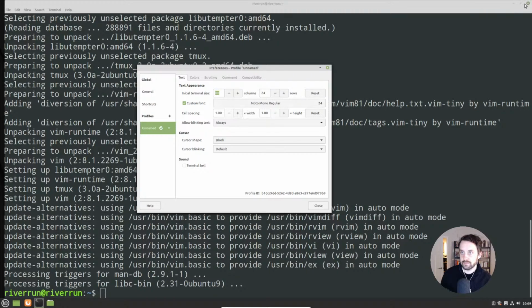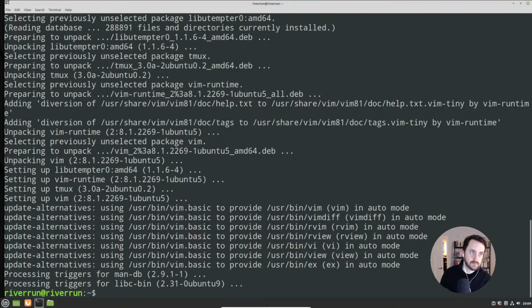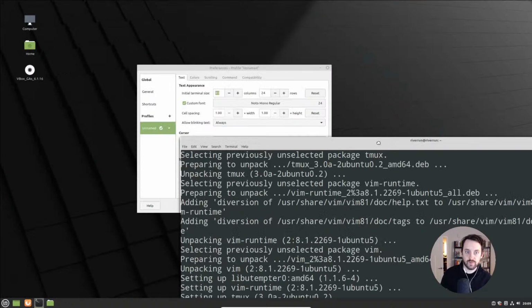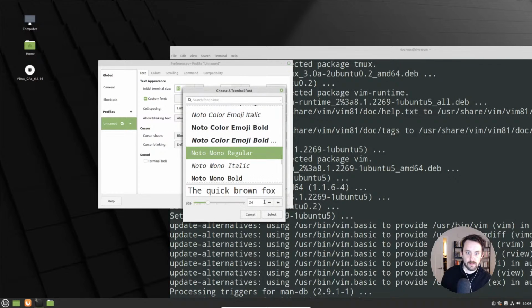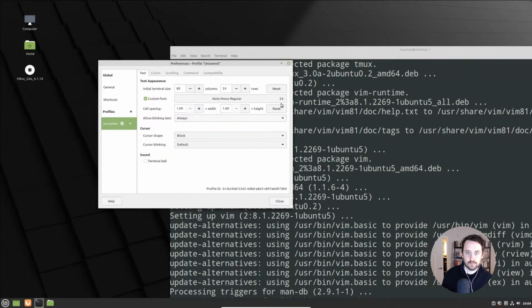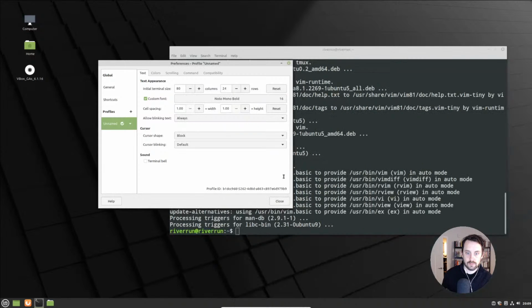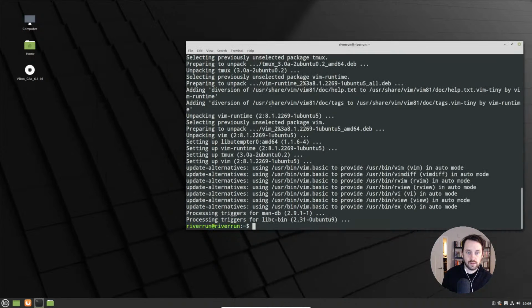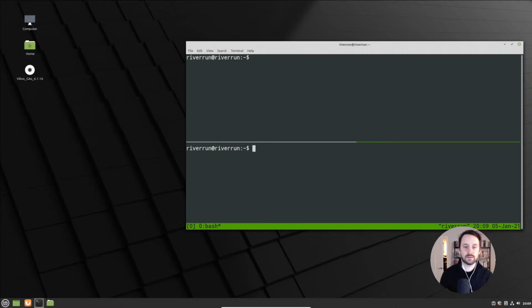Is that readable? That's a little too big for me. Okay, cool. Does Tmux work now? Tmux works.